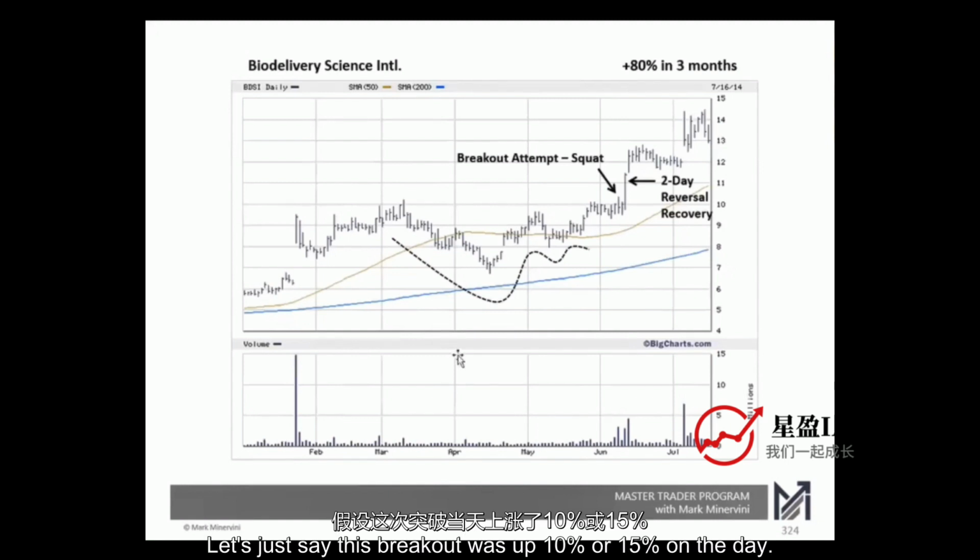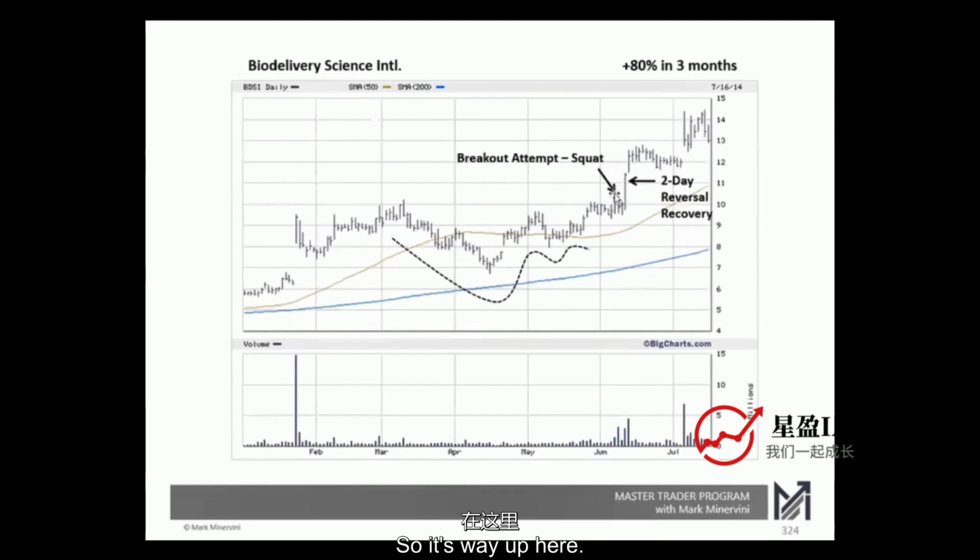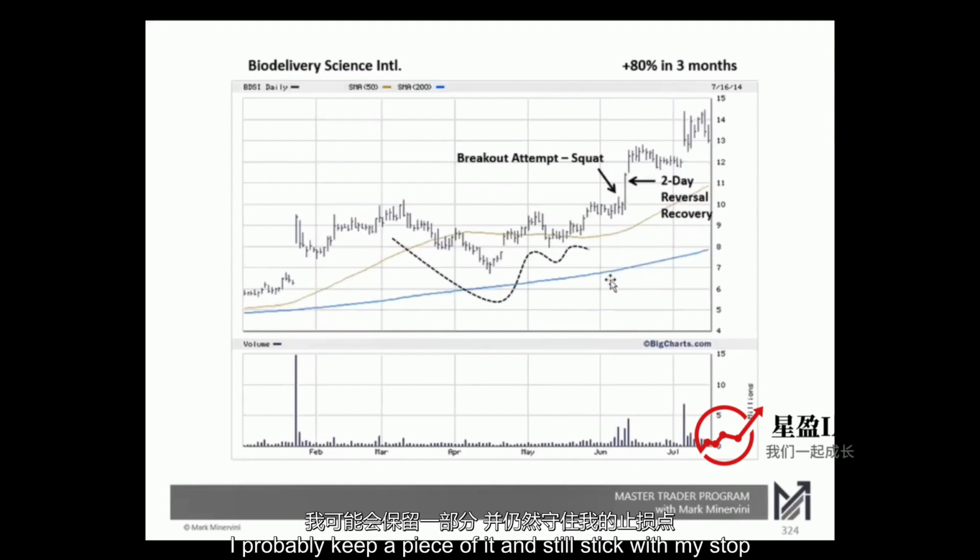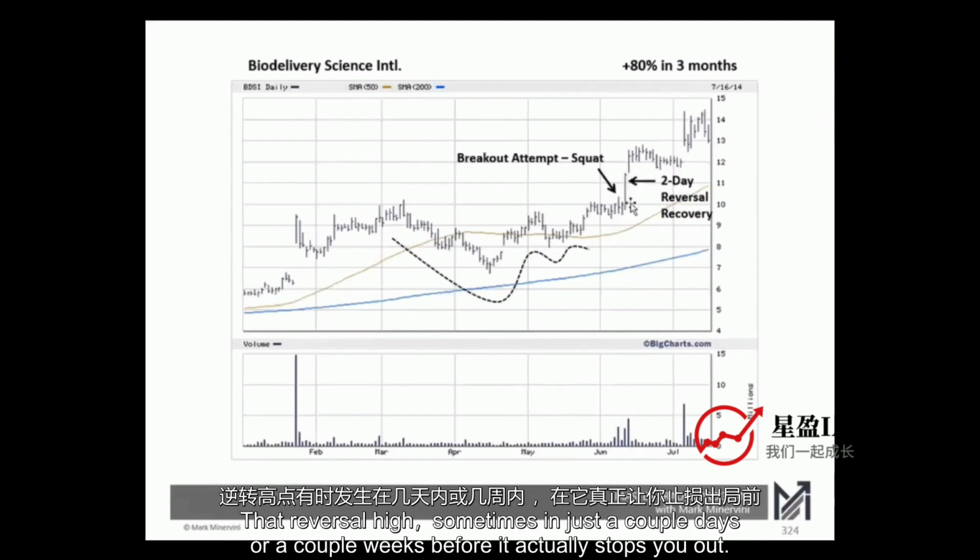Let's just say this breakout was up 10 or 15% on the day, so it's way up here. Maybe it looks like this breakout bar. Imagine this bar now reverses, squats, and comes all the way down, trading way down by the lows. In that case, I'll usually reduce or maybe even sell, because it's just such a giant amount of price to make up. That's rare, but it does happen where you get a big day and then a big reversal. Even then, I'll probably keep a piece of it and still stick with my stop, because it could recover that reversal high, sometimes in just a couple of days or a couple of weeks,